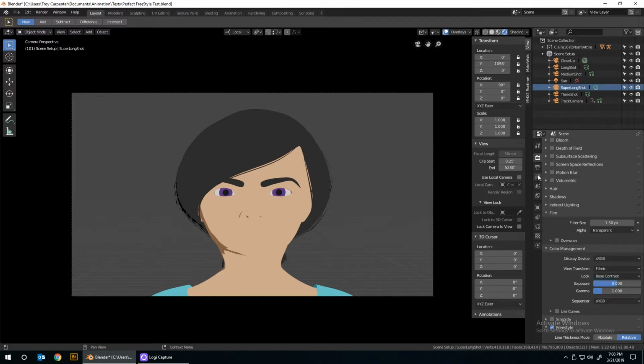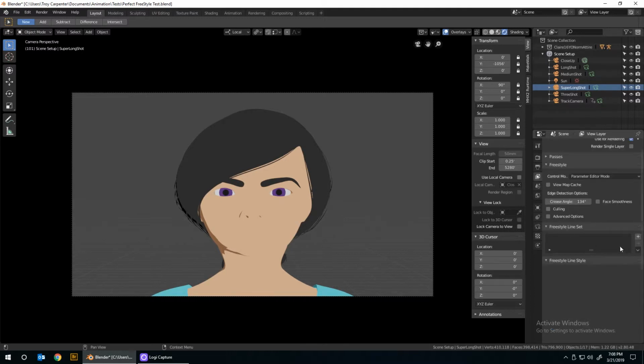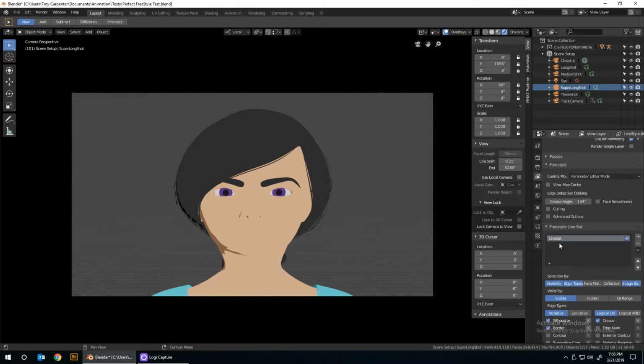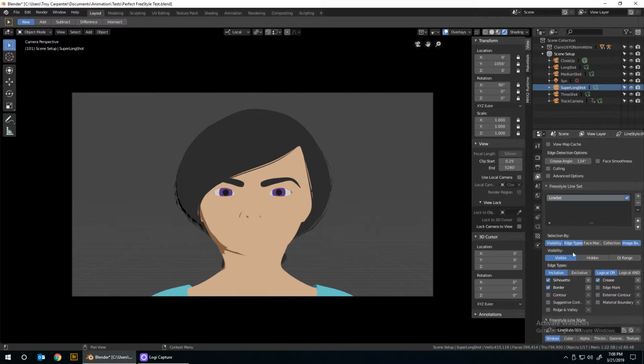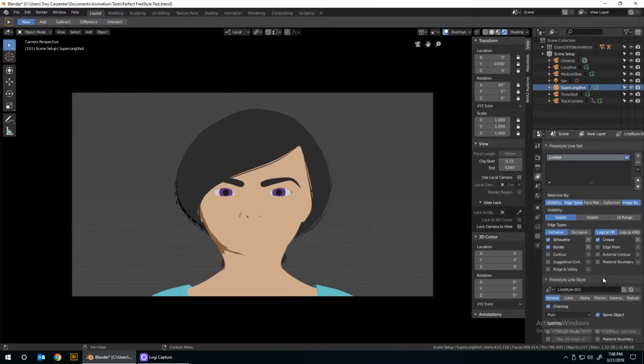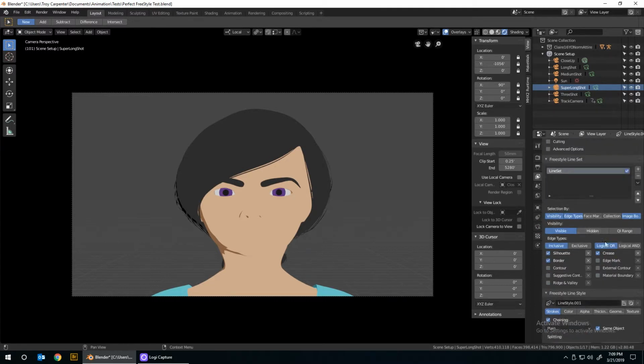The next thing you do is you go to the View Layers tab. I deleted it because I was working here, but in the View Layers tab there should automatically be one of these pieces that has the line set fill, the item here, and then you can add different line sets for different things such as contours. You might have one color, a suggestive contour. You might have a different line style versus a border or a silhouette, and you can find the definition of all of these things in the Blender documentation on their website,